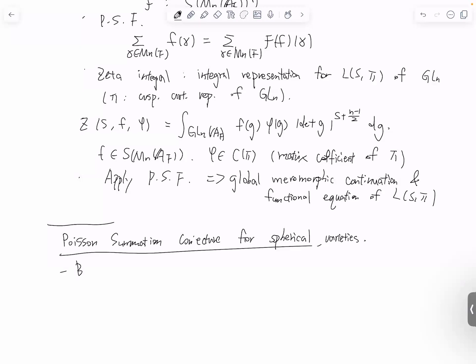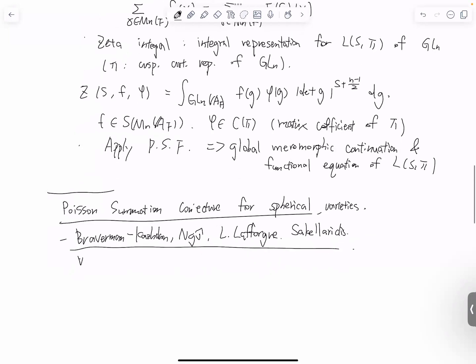The conjecture is based on several works by Braverman, Kazhdan, Getz, Lafforgue, and Sakellaridis. The conjecture is that for any affine Schwartz G-variety X, where what I mean by Schwartz variety is a G-variety with an open dense Borel orbit,